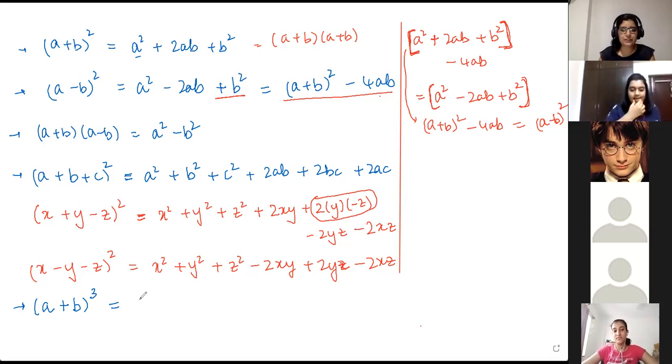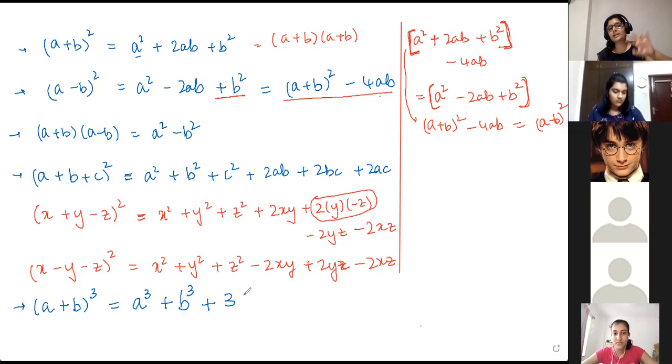So iska expansion will be A cube plus B cube. यहाँ तक squares के साथ it's very similar. Squares में you've got A square and B square, यहाँ पे भी A cube and B cube आएगा. Now square के case में you've got plus 2AB. Cube के place में you'll get plus 3AB. Because it is being cubed, 3 बार multiply हो रहे हैं ना. So you'll have 3A square B and you'll have 3AB square.